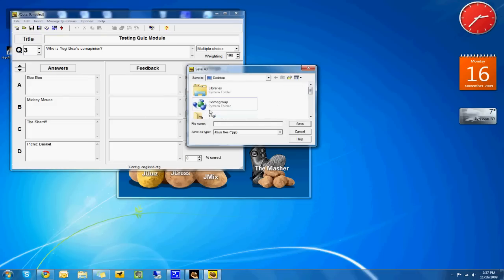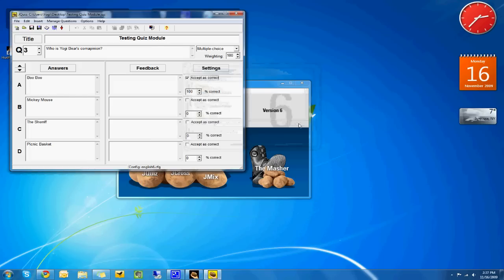Once you do that, you'll need to enter a file name, and I'm going to say testing quiz module, and leave this as your default file, the JQuiz file. You can leave that as a default extension and just save it anywhere on your desktop or your computer. Click on save. Now the next thing you'll have to do is upload this file to Moodle, to your course